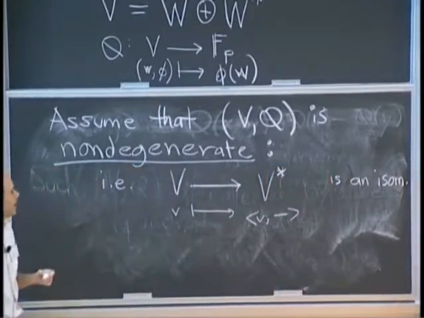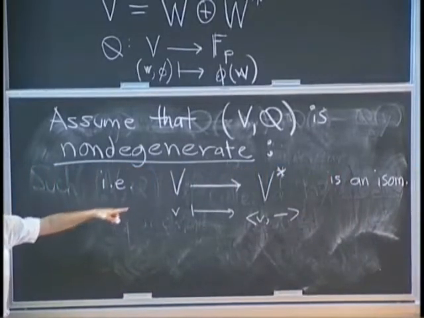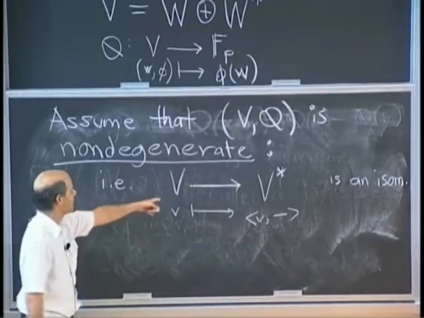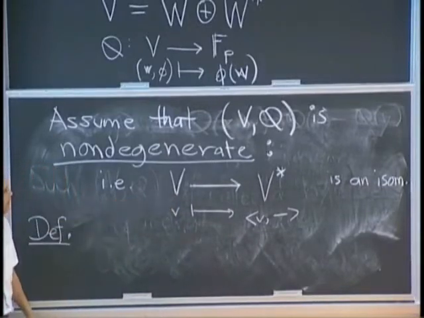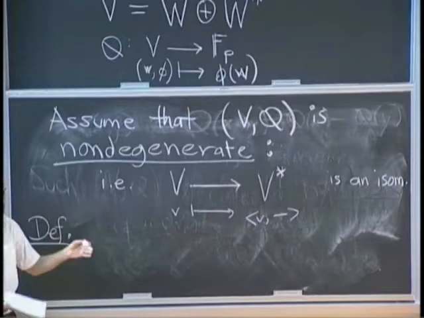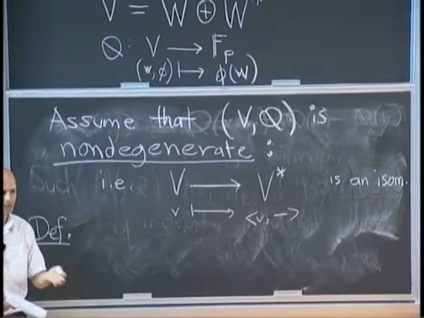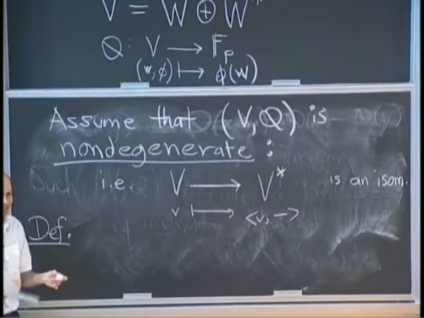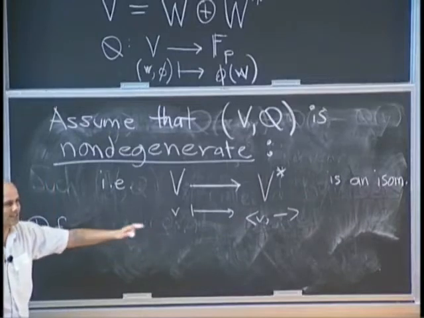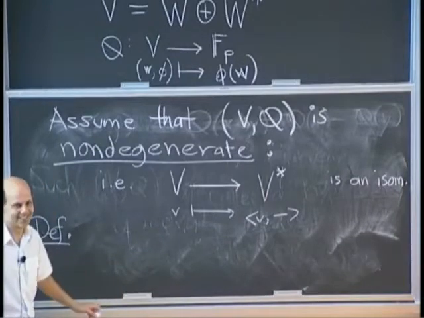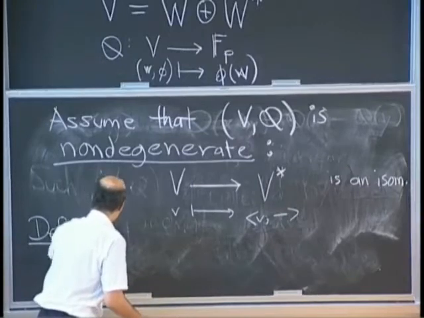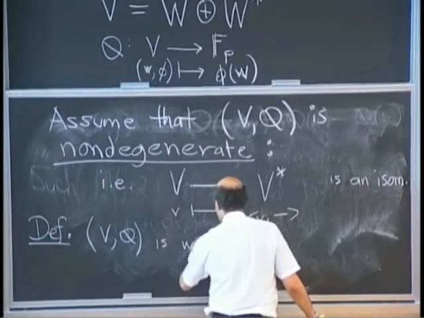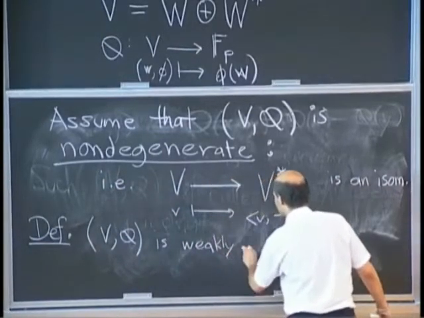Okay. And now I also want to have the generalization of maximal isotropic. In this context, if it's not a vector space, then the analogous definition, which people who study quadratic forms on finite abelian groups use, is called weakly metabolic. I just want to say that they use it; it's not a term that I invented. But anyway, I'm going to use it. So VQ, this locally compact abelian group with quadratic form, is called weakly metabolic